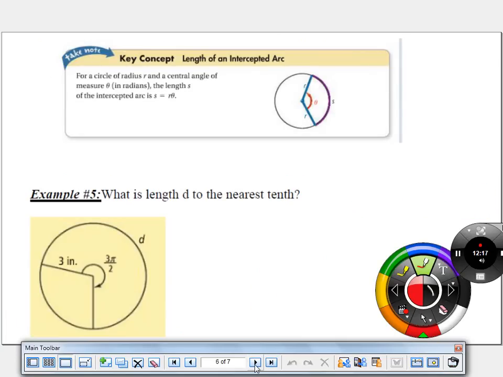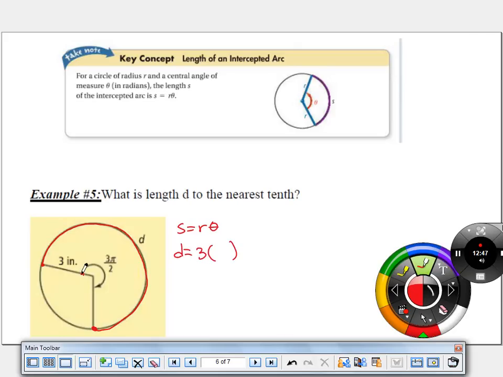All right, the last thing we have to look at here is something you may be familiar with from geometry, depending on where your course went. So the length of the arc. So the arc length is saying how long is this part. Everything we've been measuring is an angle measurement, but we have a formula for that. You see the arc length is equal to the radius times the angle measure in radians. Okay? So here, to find the arc length of D, we're going to use the radius, which is 3 inches,